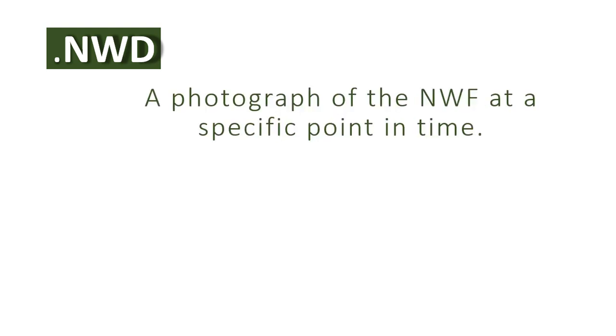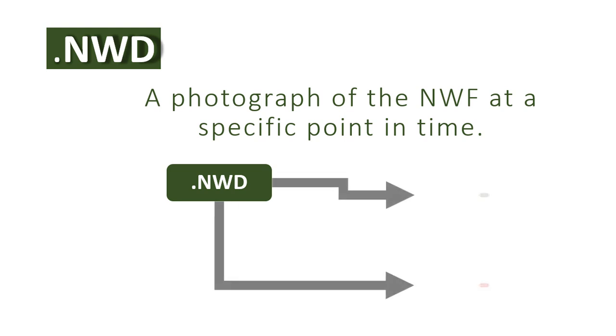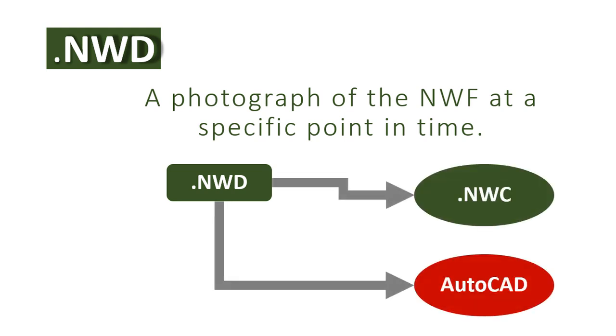The third type of file is called an NWD. This file is basically a photograph of the NWF at a specific point in time. You publish the NWF file to NWD format, and all of the appended linked files are bound into the NWD file. Besides the bound information of 3D model geometry, it also contains all the Navisworks specific information that was included